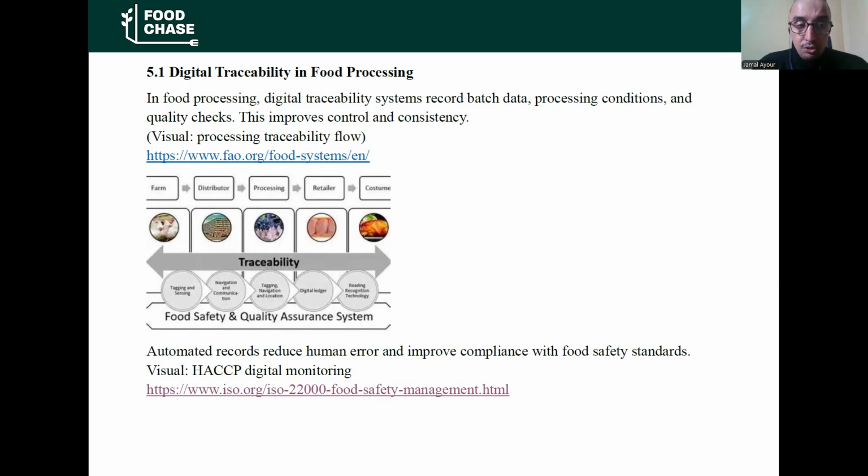Automated records reduce human errors and improve compliance with food safety standards. Visual HACCP, digital monitoring for hygiene, and also ISO 22000 are explained in this link.